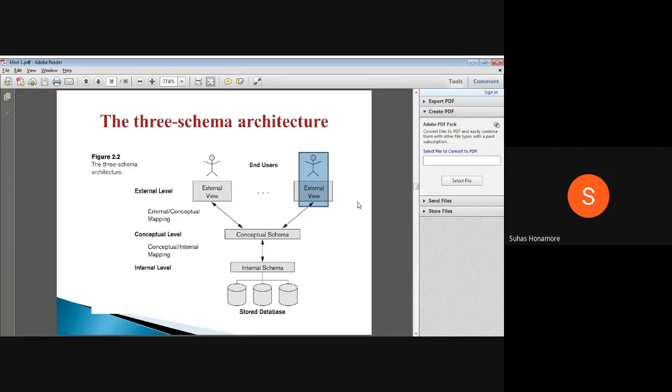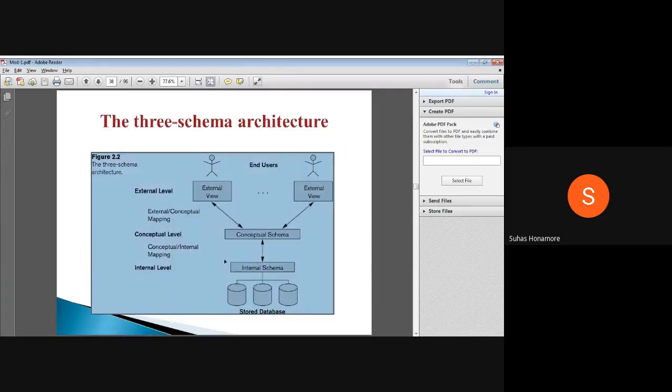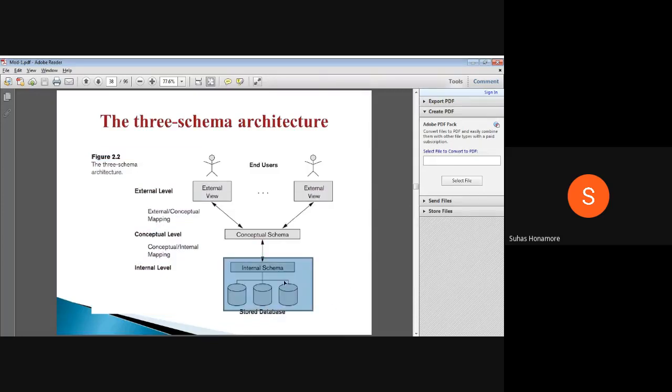But in a database, whenever you want to modify anything, it will not affect the remaining part. It will not affect the remaining layers. Because of that only we are using the database. If you want to modify your external look, modify it. Whatever that external look requires will be supported by this conceptual schema. How you are storing internally will not be affected, it will remain as it is. It just changes the look, however it is required, and gives it to the upper part. It will not modify anything below, and that remains completely as it is.